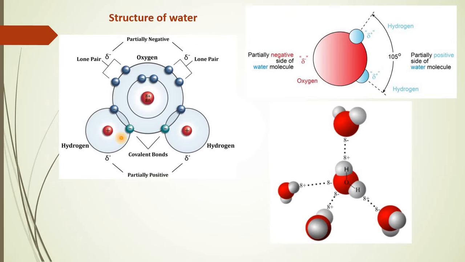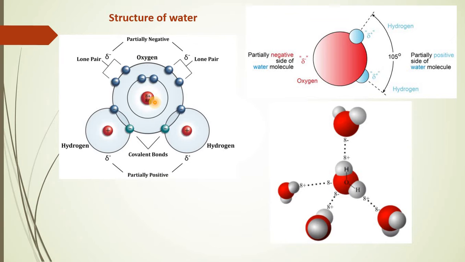This results in development of partial negative charge and partial positive charge on the water molecule. So we can see that wherever there is presence of a lone pair of electrons on the oxygen, that area exhibits partial negative charge, whereas the area which shows binding of hydrogen with the oxygen, there the partial positive charge is exhibited. Now, because of partial positive and negative charge on the same molecule, we can say that